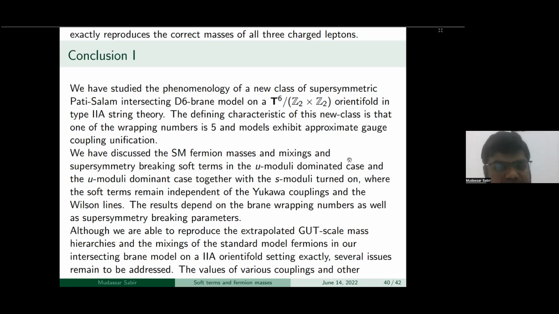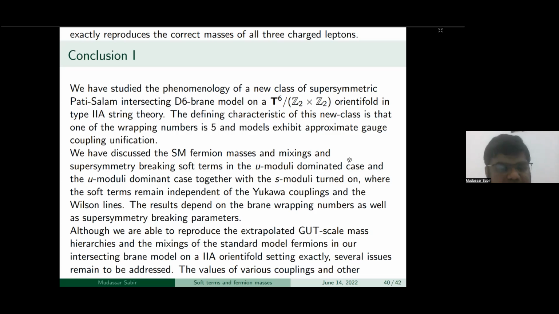We have discussed the standard model fermion masses and mixings, and SUSY breaking soft terms in the U moduli dominated case and the U moduli dominant case, together with the S moduli turned on, where the soft terms remain independent of the Yukawa couplings and the Wilson lines. The results depend on the brane wrapping numbers as well as SUSY breaking parameters. Although we are able to reproduce the extrapolated GUT scale mass hierarchies and mixings of the standard model fermions in our intersecting brane model exactly,